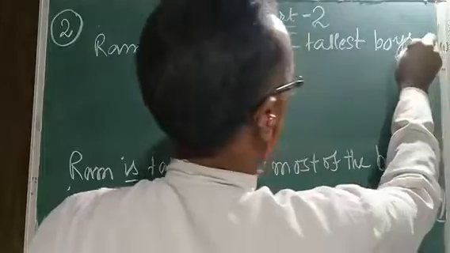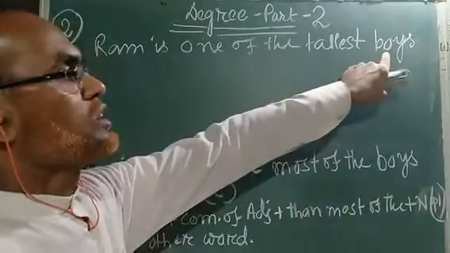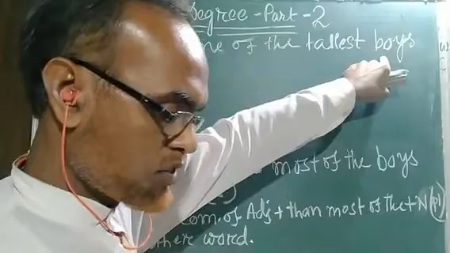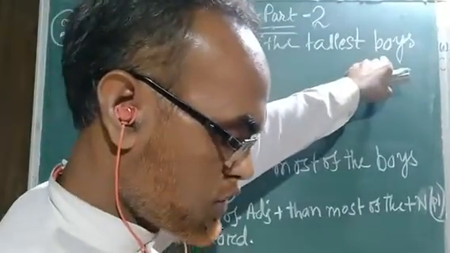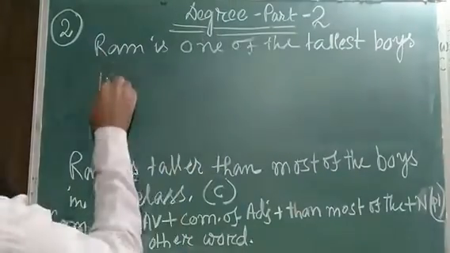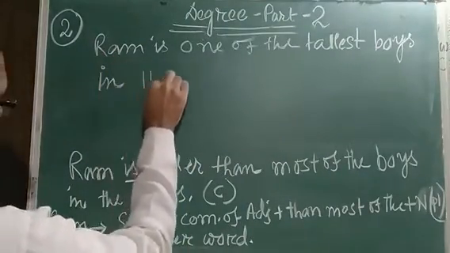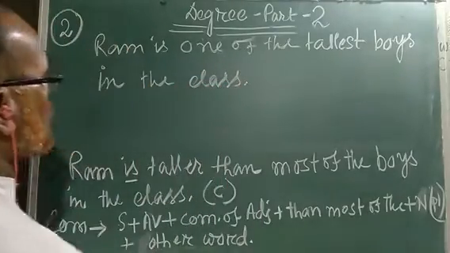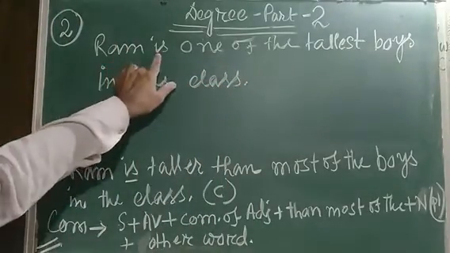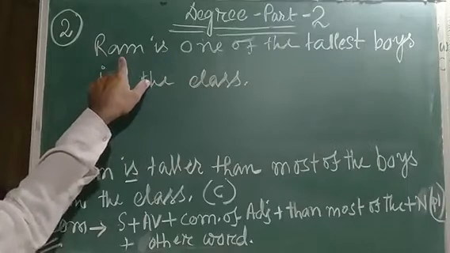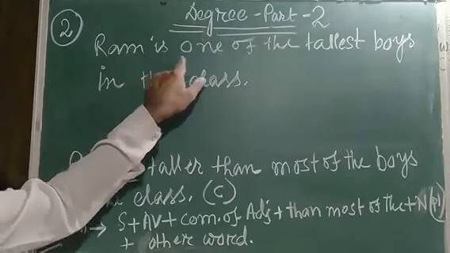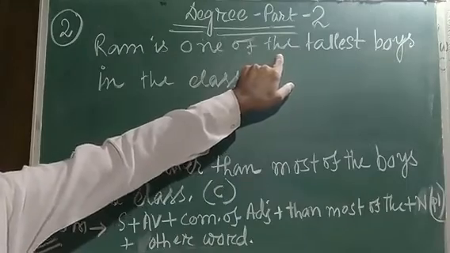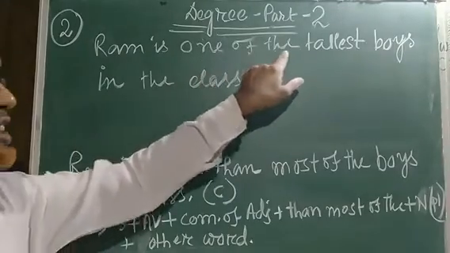Boys, I mean, we must write it in plural form. One of the tallest boys in the class. In the class, we will write it as "other word". Then Ram is the subject, "is" is the auxiliary, and then we have to bring "one of the". The